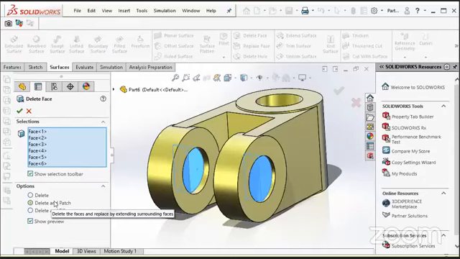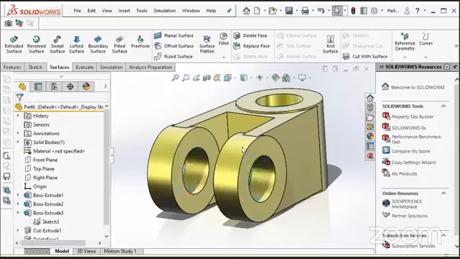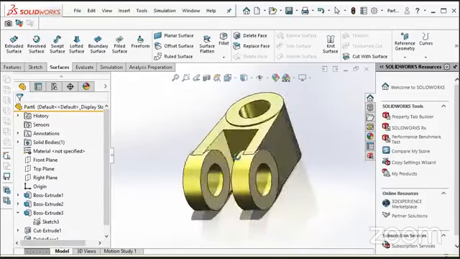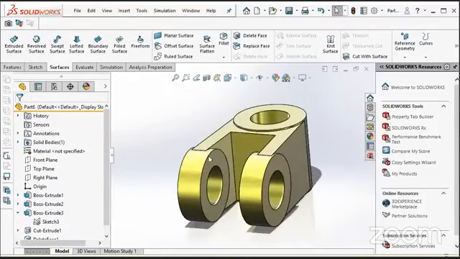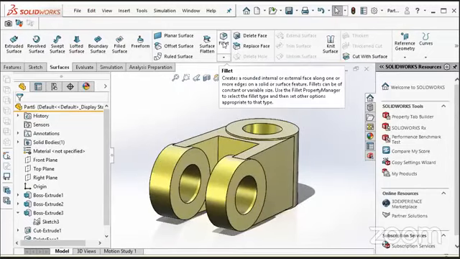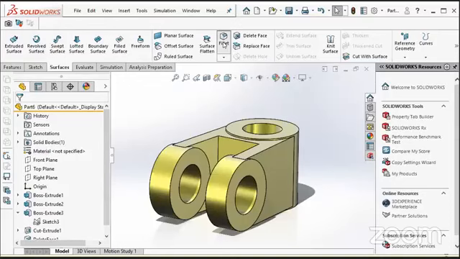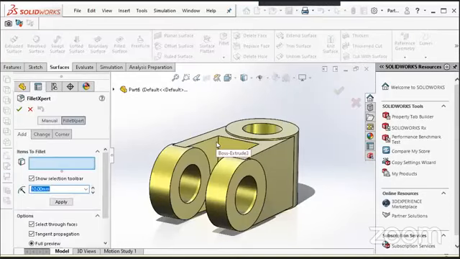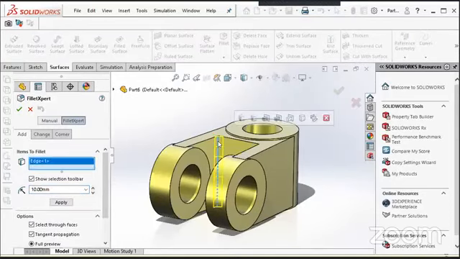What it will do is delete these surfaces as well and make a patch for this body. Now I will apply fillets on my body. I will select the internal profile.